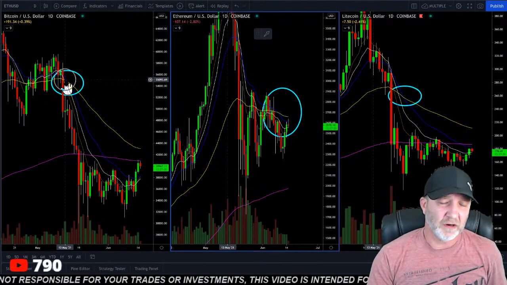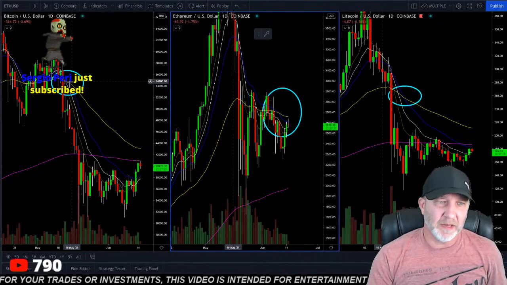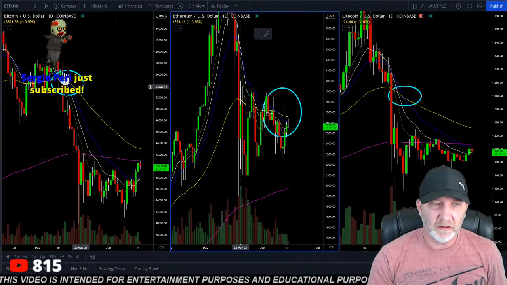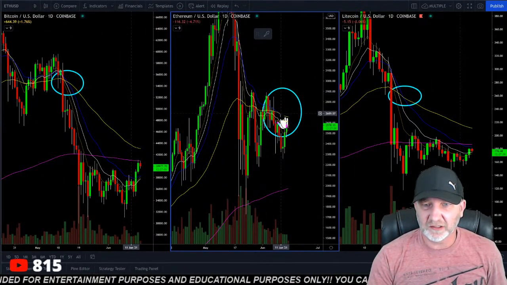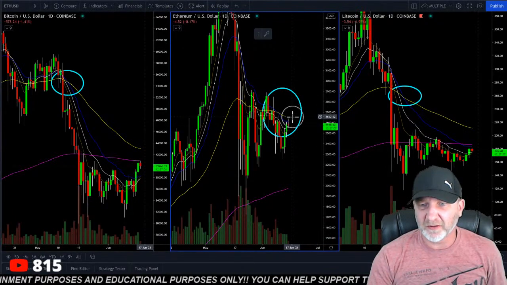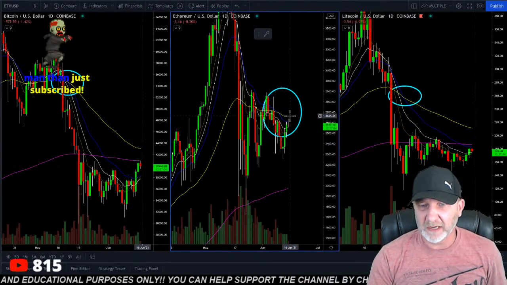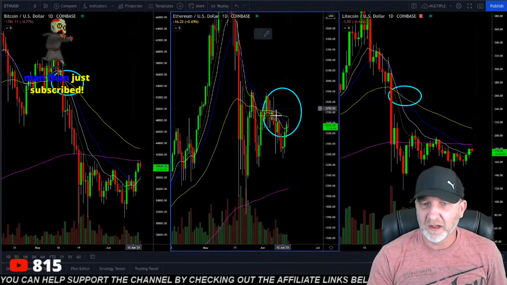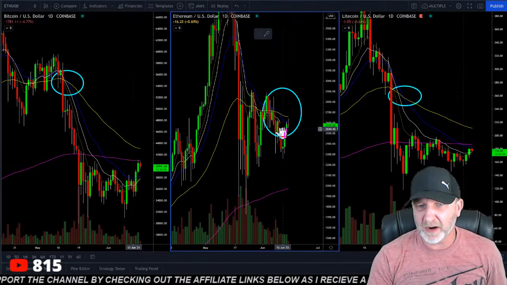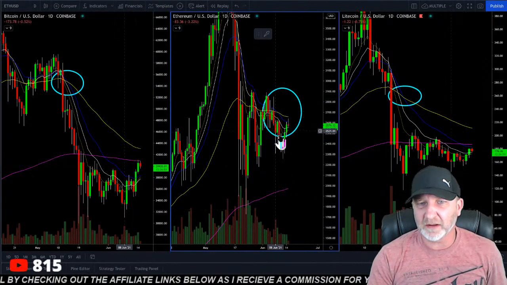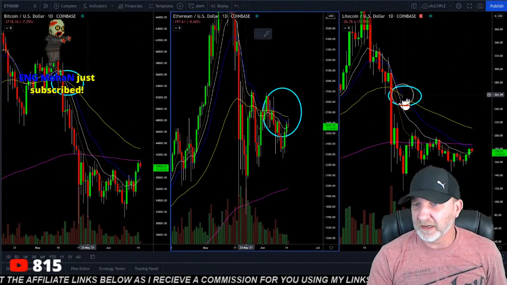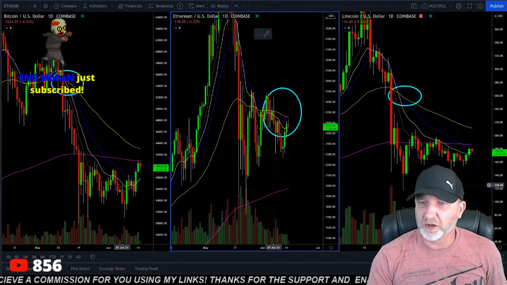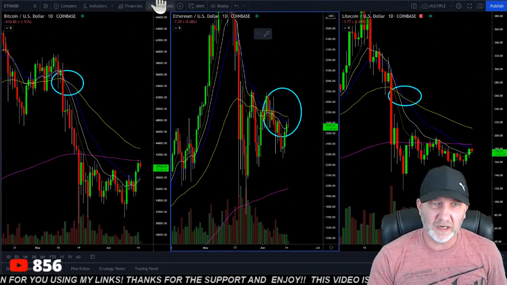As you can see, not a death cross. The EMA strategy threw a sell signal here on the daily on Bitcoin, which is where we got this big dump. We did get the sell signal on Ethereum. We're getting a pump back up to the 55, which does not concern me unless we get above the 2,700 and get support there. That would pretty much start to invalidate it, but otherwise it's still on the daily sell. I think Ethereum's going down. Here was the daily sell on Litecoin, and Litecoin is still below the 200 EMA. Still looking bearish, of course, unless we get a huge pump.